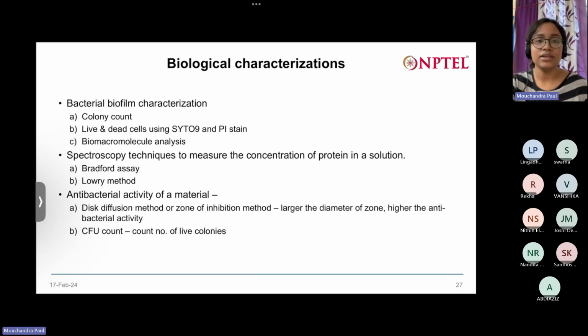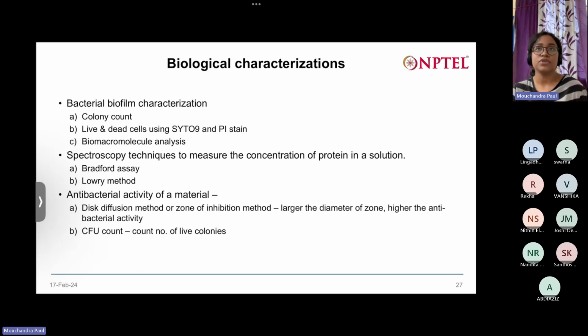So now I'll briefly discuss the characterizations that we do when we are talking about bacterial cells or mammalian cells. Only these two types of cells we are more focused on when we talk about biomaterials, because either bacterial cells can cause infections, or it is the mammalian cells like stem cells or other primary cells that interact with the biomaterials. So if a biomaterial surface is more susceptible to bacterial cell growth, then we have to understand the quality of the bacterial cell growth, and if it is forming biofilm,